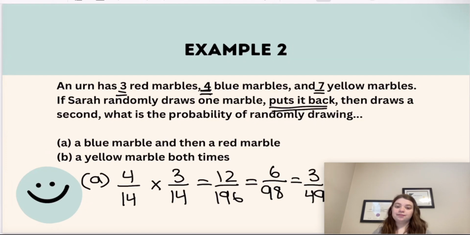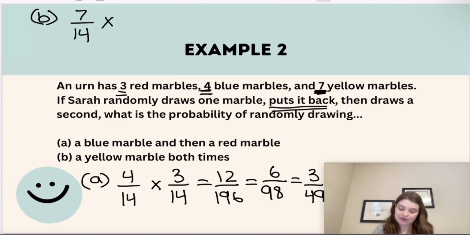The second part, part B, asks us the probability of drawing a yellow marble both times. So first, I'm going to find the probability of drawing the yellow marble on the first try. Well, there's 7 yellow marbles and 14 marbles in all, so it would be 7 over 14. Then what about drawing it the second time? Well, it would be the same 7 over 14 once again,